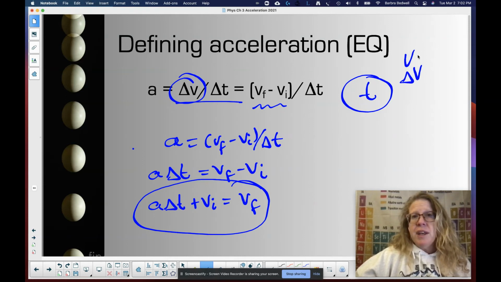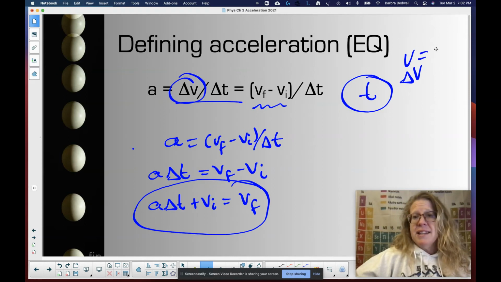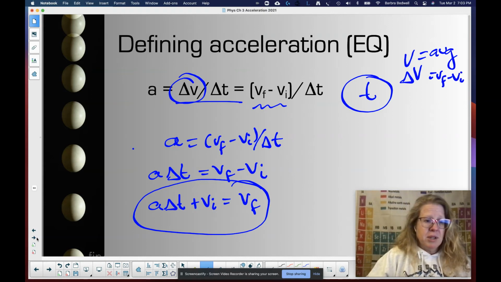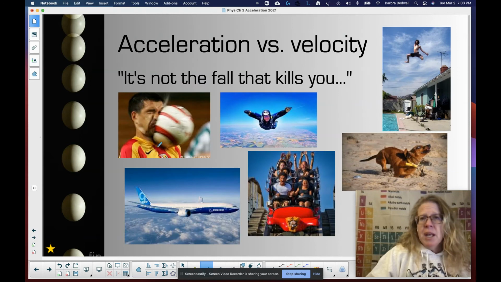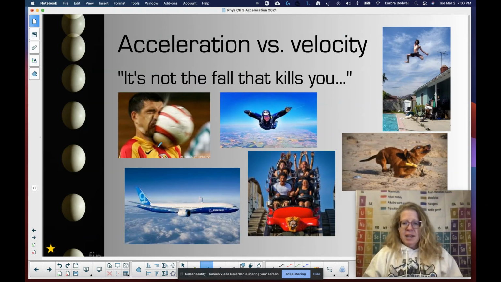A lot of times v here means average velocity, and delta v means change in velocity. So this is average, and then this is going to be vf minus vi. So just be a little bit careful with some notation issues. Okay, last thing about acceleration I'll mention, this will be our last slide for today, is that, like I said,